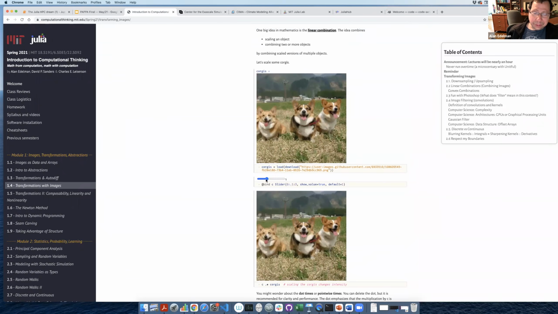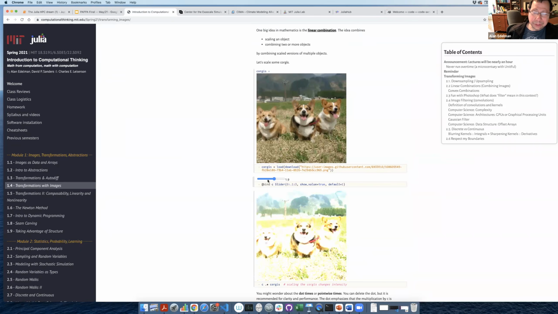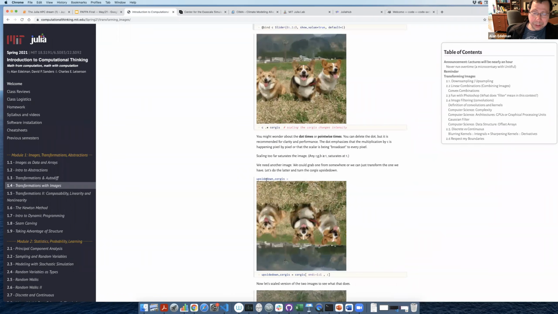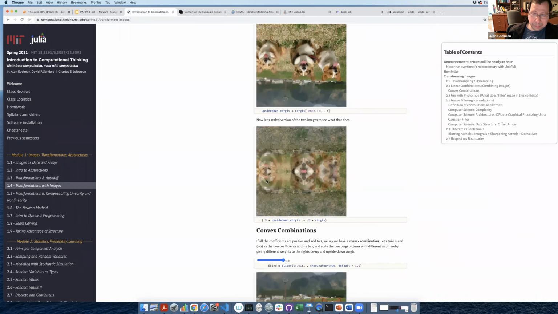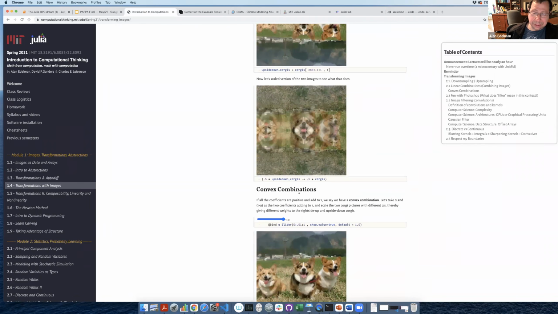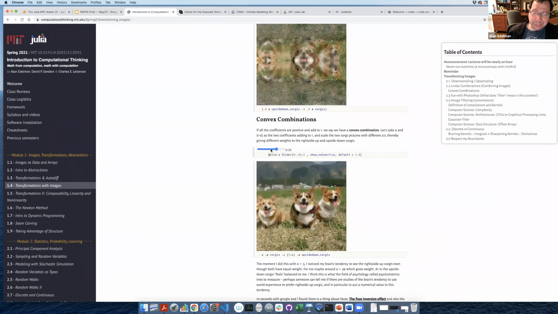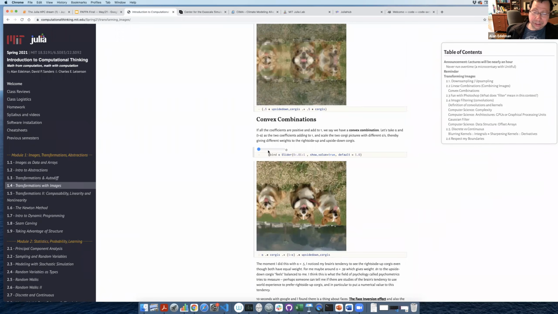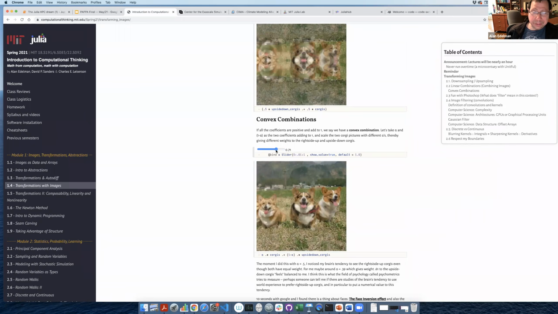There was one where we combined the corgi upside down. My dog's a corgi. Upside down and right side up. I guess everybody in the class knew about this effect but me. There's this tendency where if you take half of a right side up image and half of an upside down image, and you blend them, do you know this one?